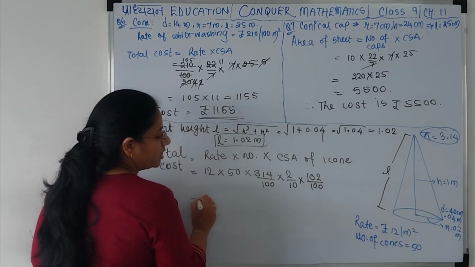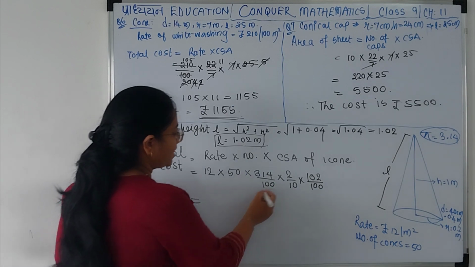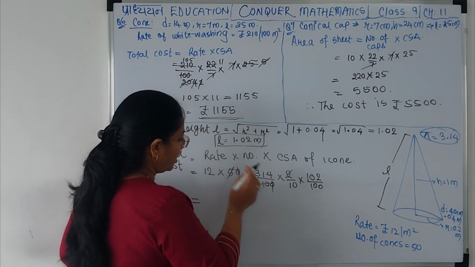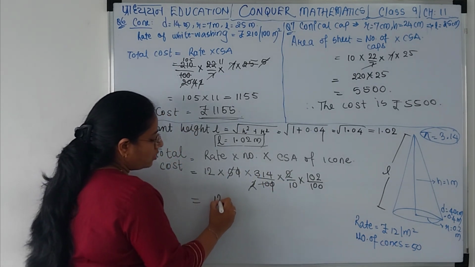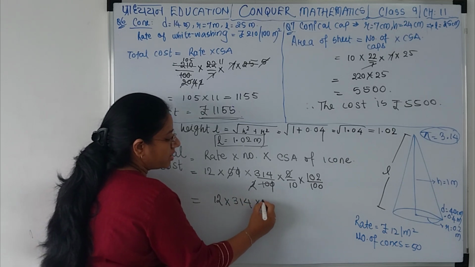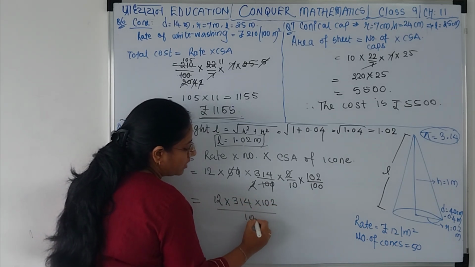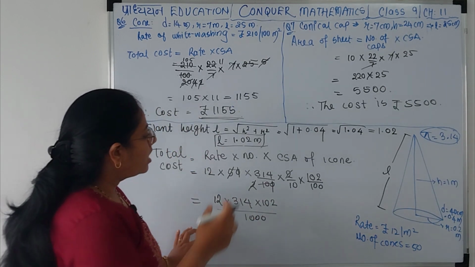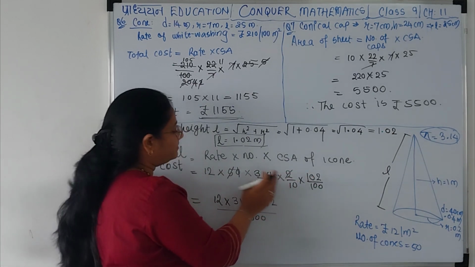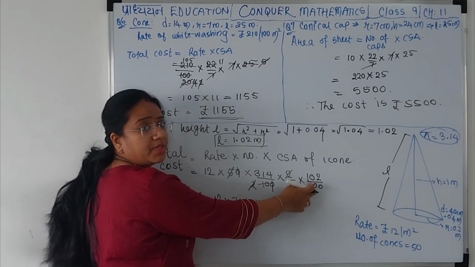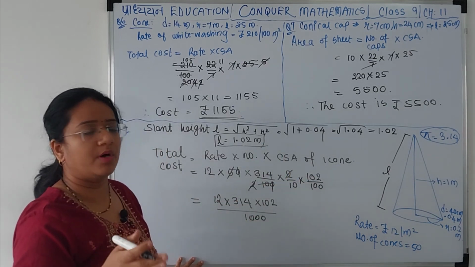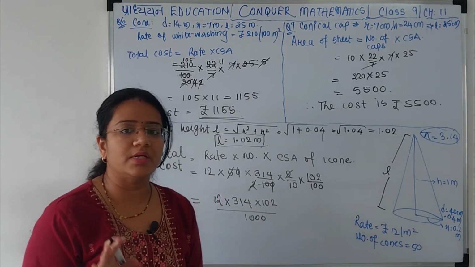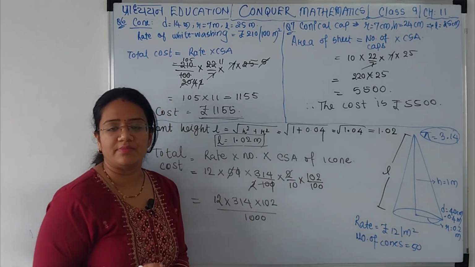Okay. Whatever you get, just simply cut on zeros. Otherwise आपको कुछ कट नहीं करना है. ये कर सकते हो 5 1 जा 5 2 जा 2 और 2 कैंसिल आउट हो गए. इससे ज्यादा कुछ मत करना. ठीक है. तो you get 12 into 314 into 102. These type of calculations become easier, okay, than to divide it with any number. अगर आपने ये 102 और 5 कर लिया, ठीक है, फिर आपने यहाँ पे 6 से भी कर लिया, यहाँ पे भी 50 कर दिया और अल्टीमेटली आप right on a point where डिनोमिनेटर में आपको 5 के मल्टीपल्स मिल रहे हैं. तो अल्टीमेटली क्या करना पड़ेगा? ये सब मल्टीप्लाई करके उसको डिवाइड बाय 5 या 25 जो भी